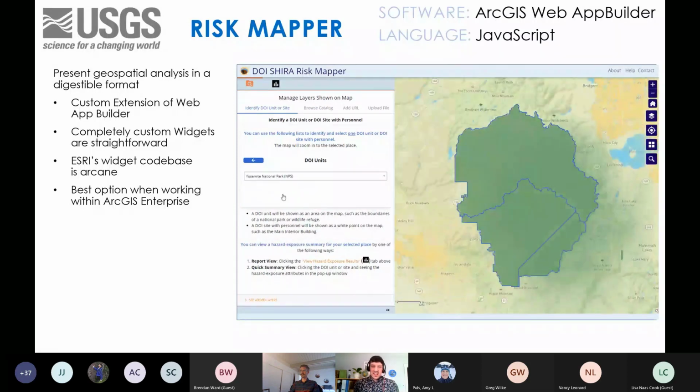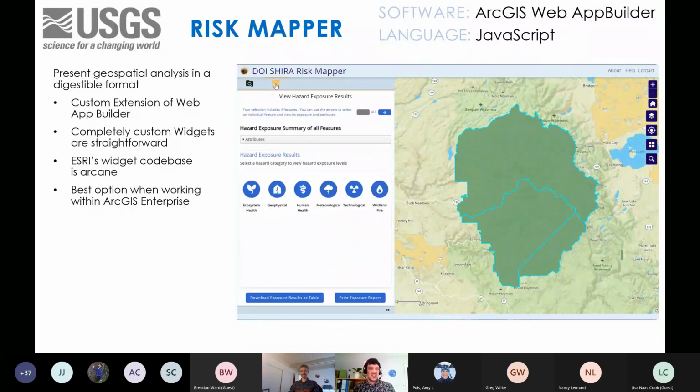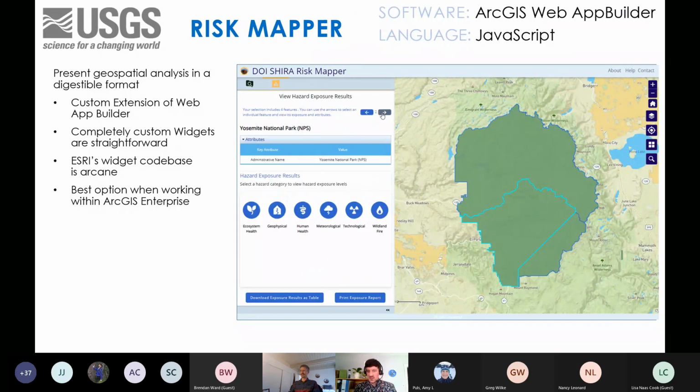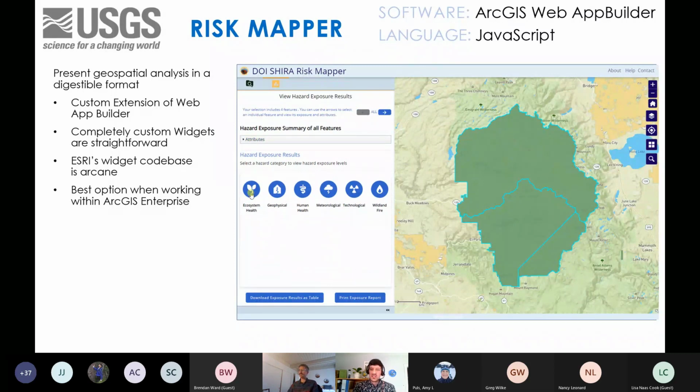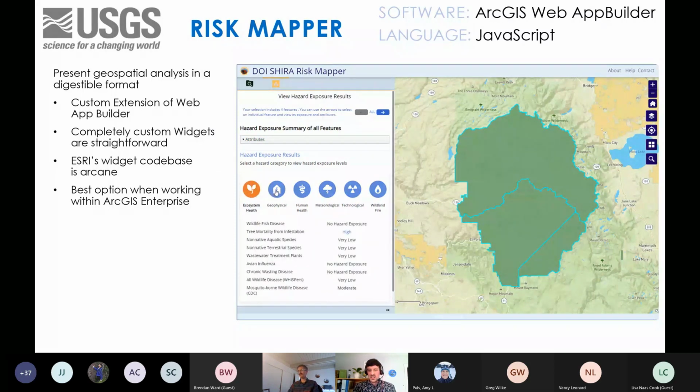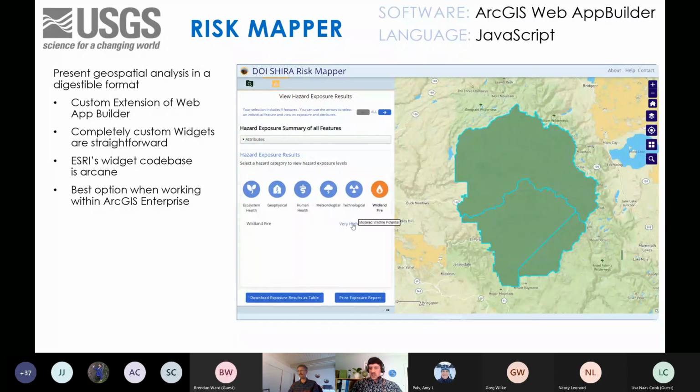The drawbacks of this: there are two main widgets I have here. The widget being displayed now I made custom, which was relatively straightforward for someone with my knowledge of programming. And the other widget, which lets you add data and manipulate it, I had to modify Esri's existing widget, which I've learned can be a confusing process because the code base is relatively arcane and there's not a lot of good documentation.